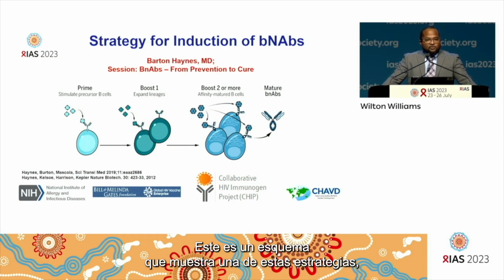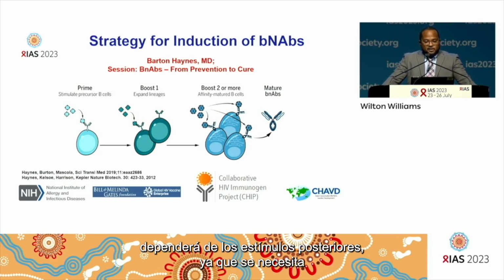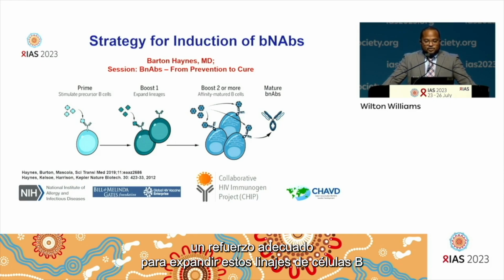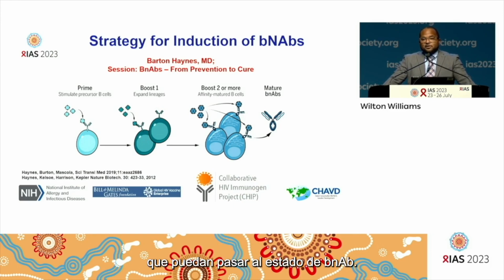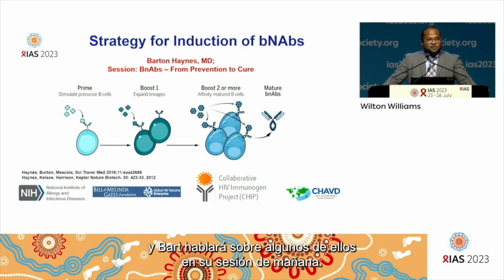This is a schematic showing one of these strategies that is referred to as the prime-boost strategy. So in this strategy, the priming immunogen will stimulate precursor B cells that are capable of developing bNAbs over time. However, this bNAb development will be dependent on the subsequent boosts, as you need an appropriate boost to expand these B cell lineages and also select for affinity matured B cells that can develop into bNAb status. This strategy is widely used in multiple different vaccine clinical trials, and Bart will discuss some of these trials in